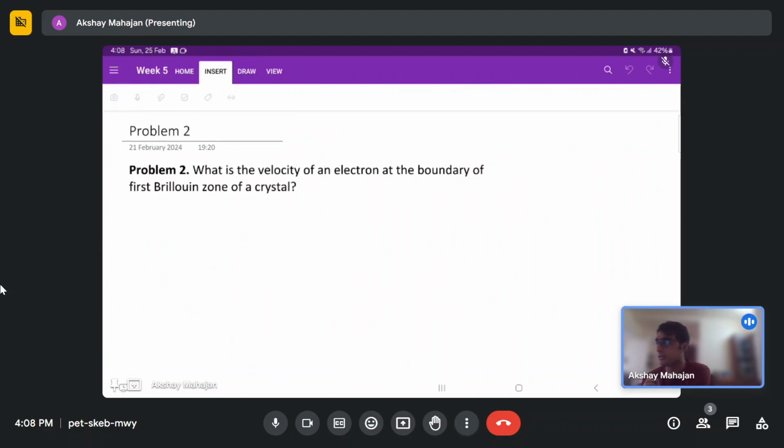In problem number 2, we have been asked what is the velocity of an electron at the boundary of the first Brillouin zone of a crystal. So we need to find the velocity of an electron at the boundary of the first Brillouin zone. Now we know that velocity